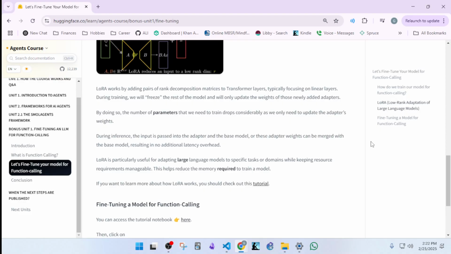All right, so LoRA works by adding pairs of rank decomposition matrices to transformer layers, typically focusing on linear layers. During training, we will freeze the rest of the model and will only update the weights of those newly added adapters. By doing so, the number of parameters that we need to train drops considerably,